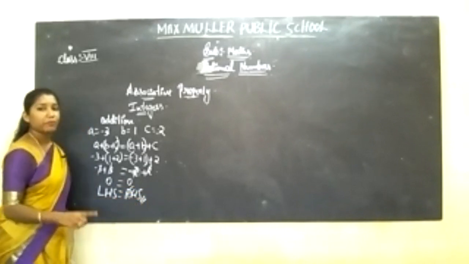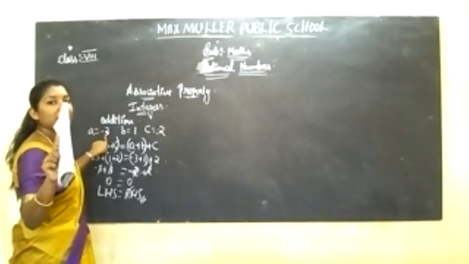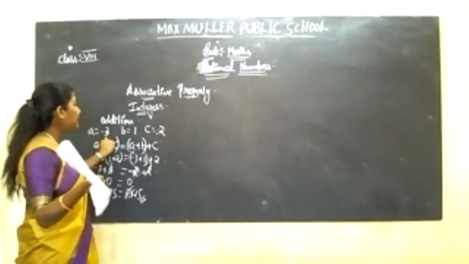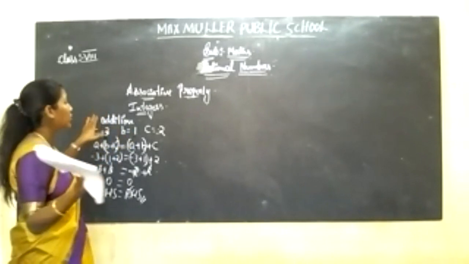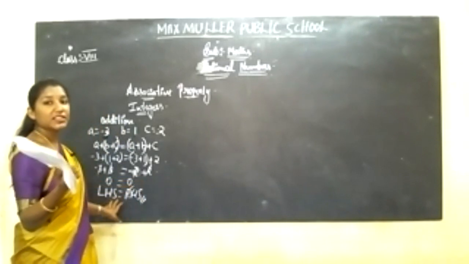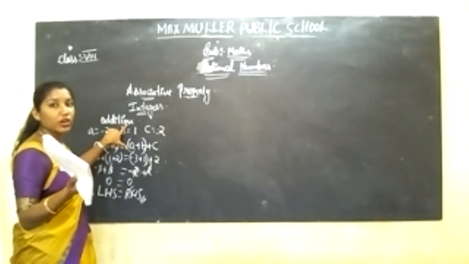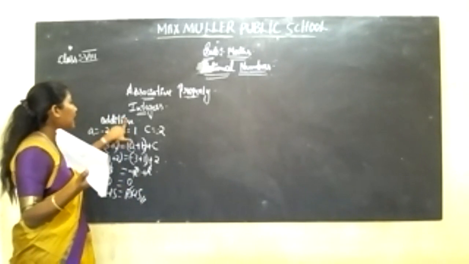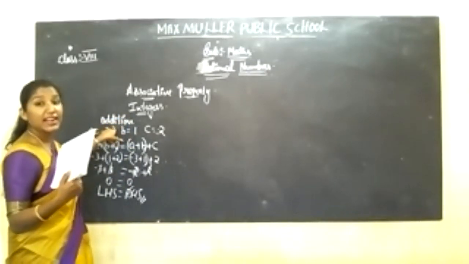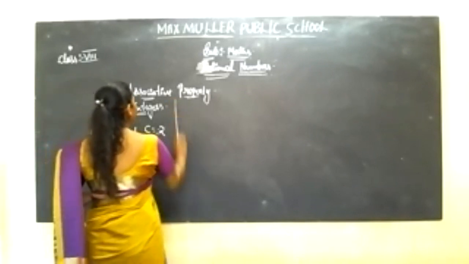Whatever example you take, that is an integer. You know integer means it can have either a negative value or a positive value. So I took the integers here and solved, and you have got 0 on either side, the same answer. So this condition holds good for the associative property under integers. Under addition, it holds good. Okay, hope all understood. Now coming to